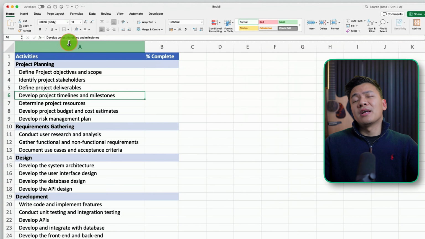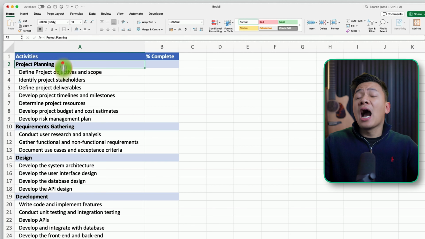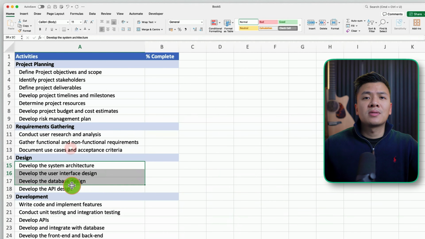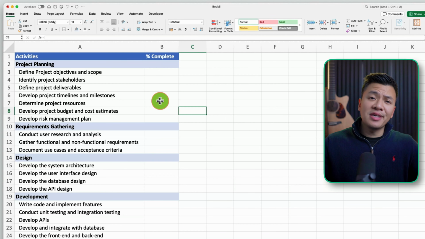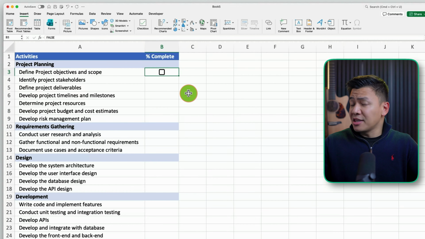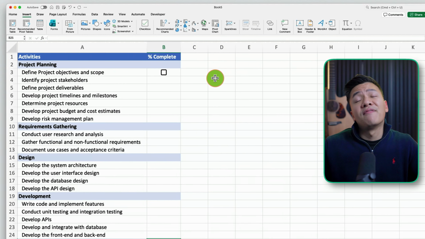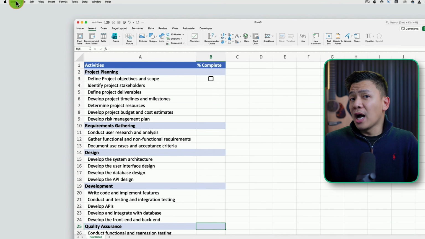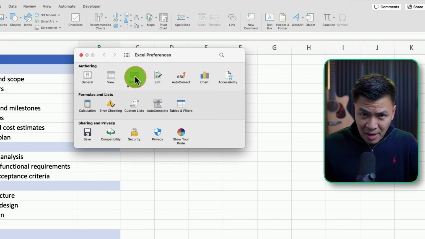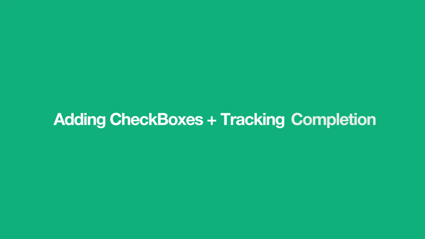Here's our Excel setup. In the first column, we have the different phases of our project highlighted in bold that are further divided into subtasks. In the second column, we would like to include checkboxes to mark each task as done and the percentage completion per phase. Before we start, make sure your developer tab is enabled. If not, click on one of the tabs above, right-click, customize the ribbon, and check developer,